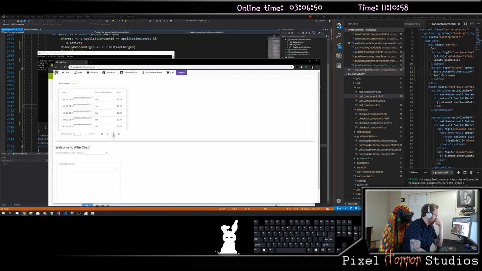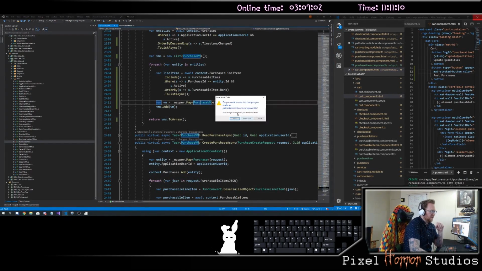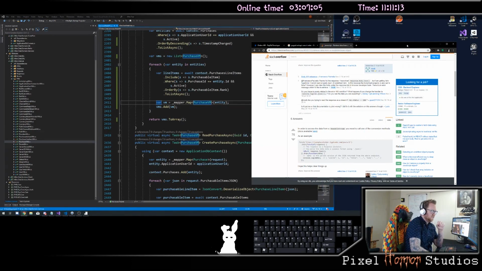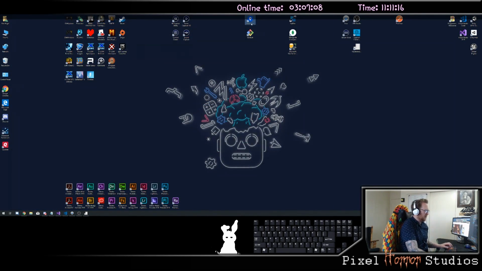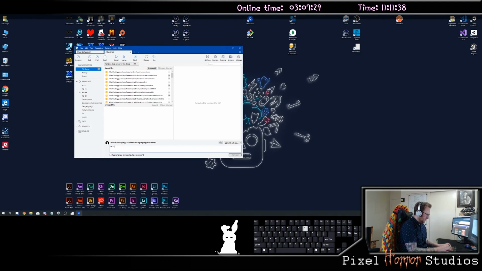These are each one of my purchases with the paginator and the ability to sort by date. So that's great. We go ahead and close this. Close this. Let's go ahead and open up source tree. Come on, where is it? And I'm going to do a commit here, which is AC19, and my time will be 3 hours, 10 minutes,